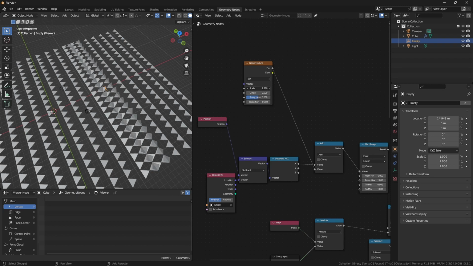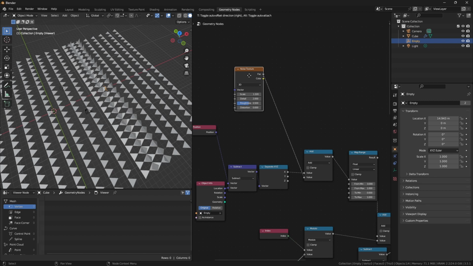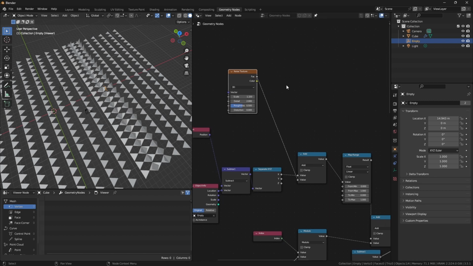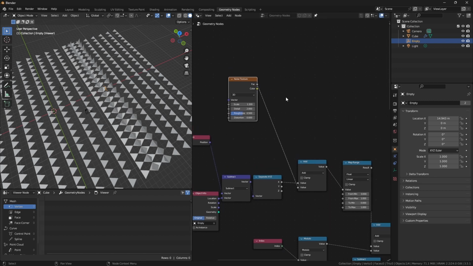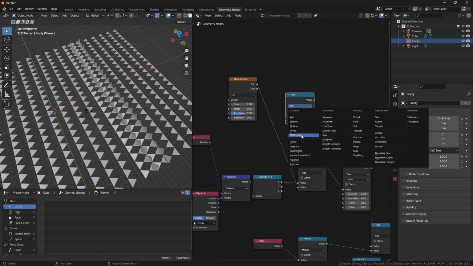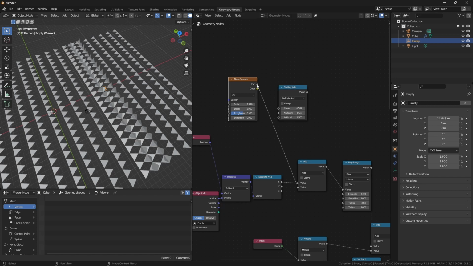It's also a little bit too small a value because it's from 0 to 1, so we can multiply and add. Math here